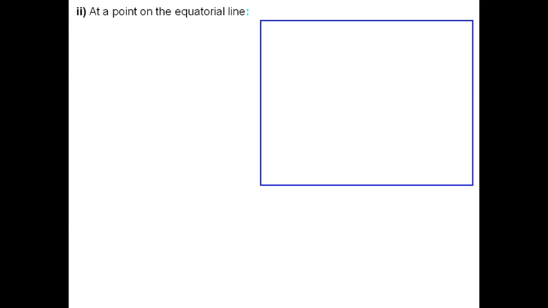Second, we can calculate the electric field due to dipole on equatorial line. Equatorial line is the line perpendicular to the axis of the dipole. This line is perpendicular. So we take the point Q on the equatorial line at a distance R. Again we take the same dipole, P is electric dipole moment. Let me take theta as the angle made by this.